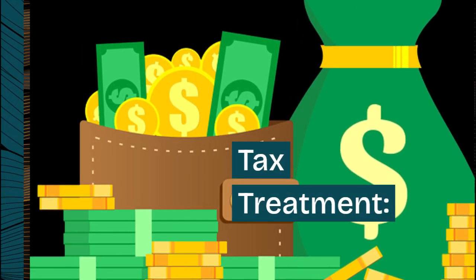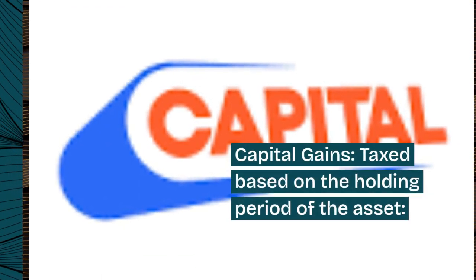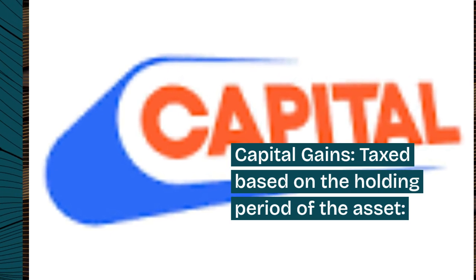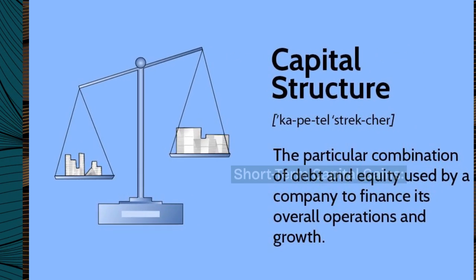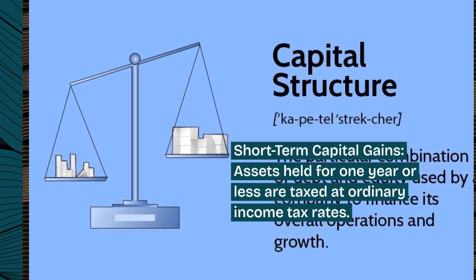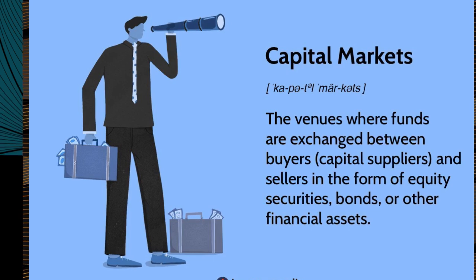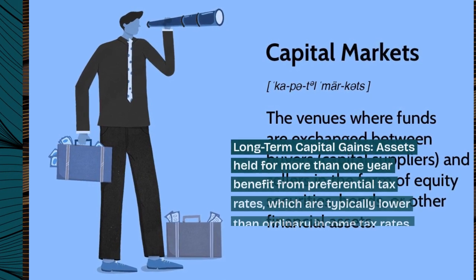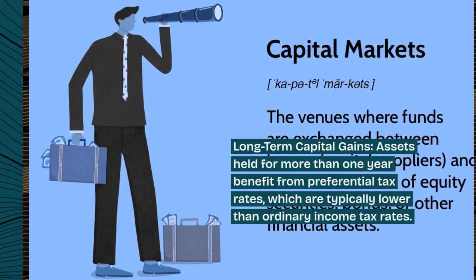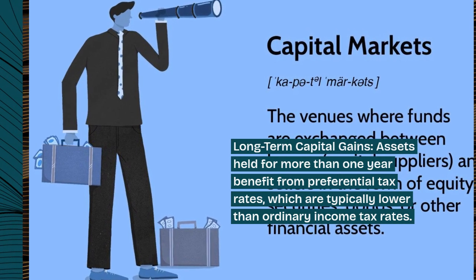Tax treatment. Capital gains are taxed based on the holding period of the asset. Short-term capital gains, assets held for 1 year or less, are taxed at ordinary income tax rates. Long-term capital gains, assets held for more than 1 year, benefit from preferential tax rates, which are typically lower than